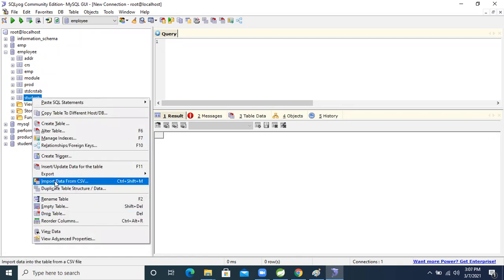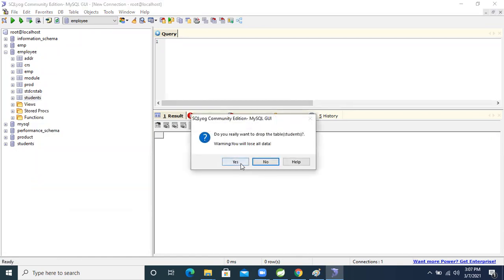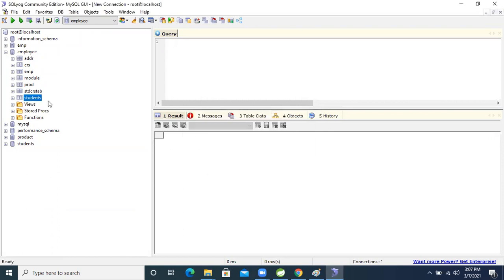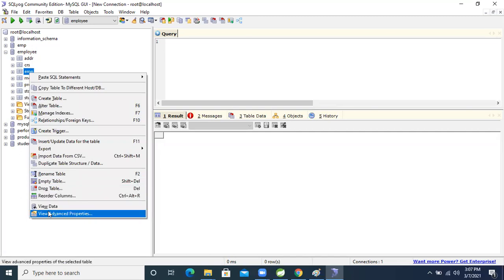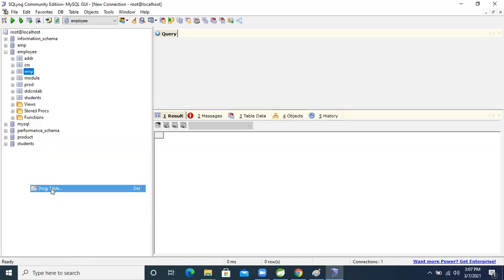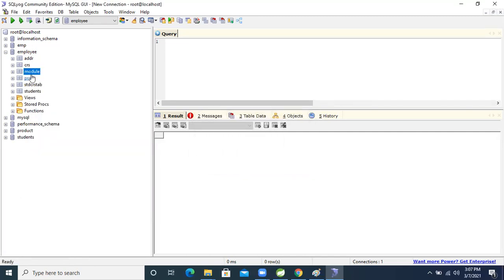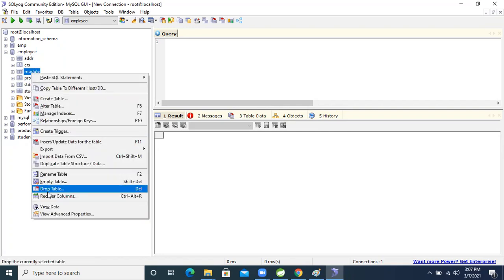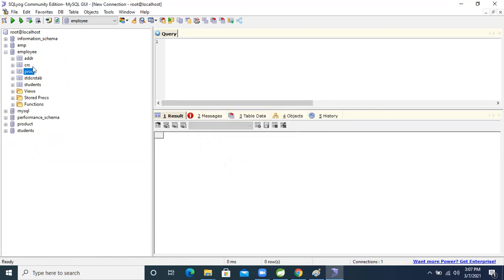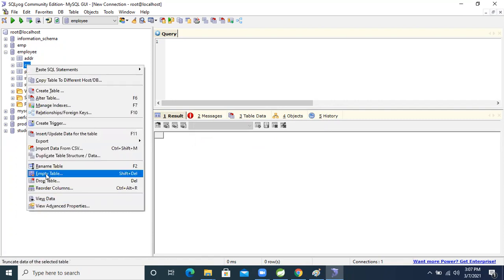Now, whenever we perform drop table, why is it not deleting? I will tell you. I'm deleting each and everything, and I'm clearing these things in front of you only.